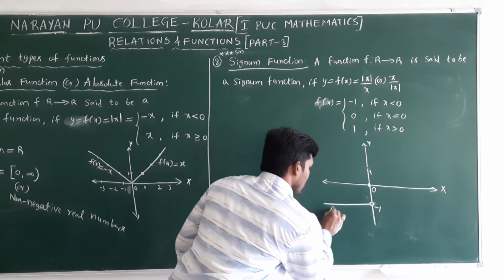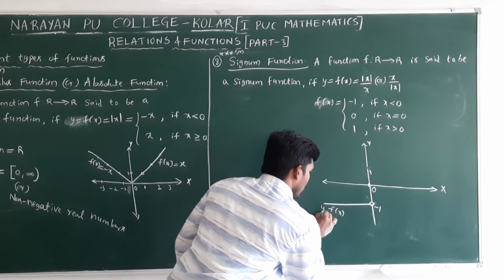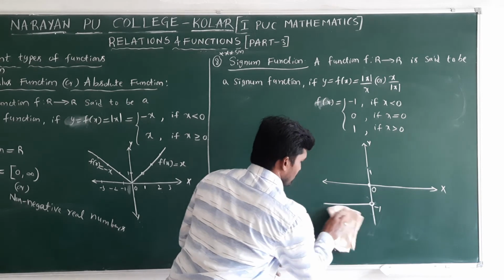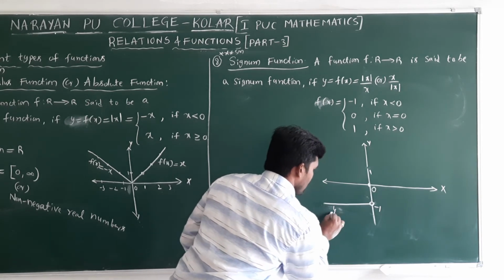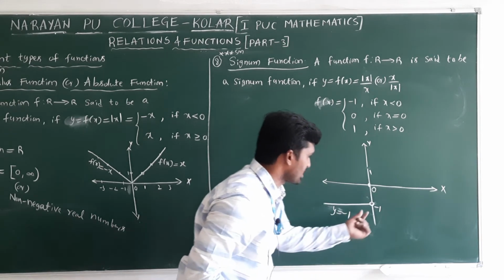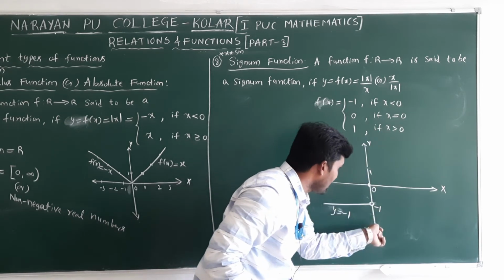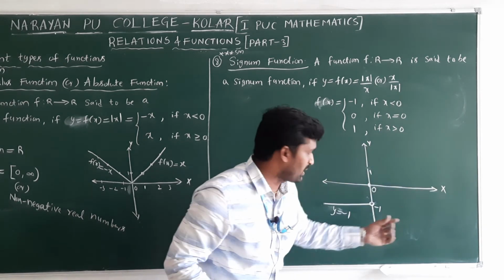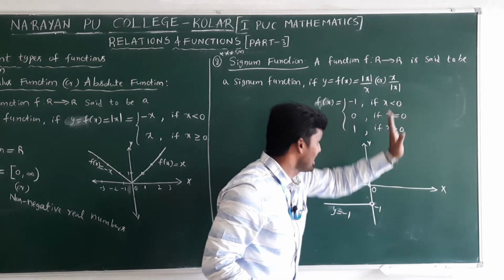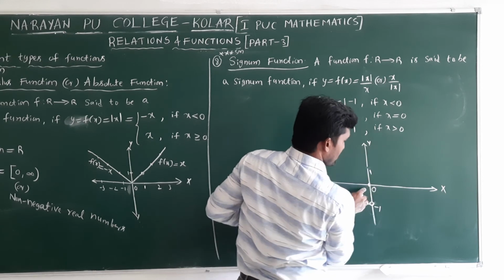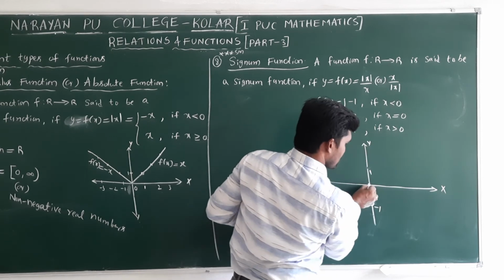This is what? Y equal to f of x equal to -1. Directly also y is equal to -1 I can take. Why am I taking an open circle, clear? X is strictly less than 0. But on this line, y axis, x is 0. But in this condition, x is not 0. X is less than 0. Okay. Next, x is greater than 0. 0 is over. At 0 it is 0, clearly close the circle.